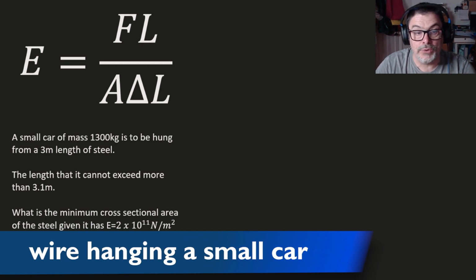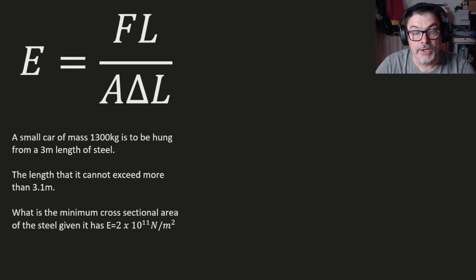Let's try an example to see how this plays out in real life. Imagine a crazy situation where you want to hang a small car from a steel cord or a steel wire. And the car has a mass of 1300 kilograms and the length of the steel wire is to be 3 meters. And it mustn't extend to more than 3.1 meters when it's fully loaded. You're given the value of Young's modulus, 2 times 10 to the 11, and asked to find the cross-sectional area